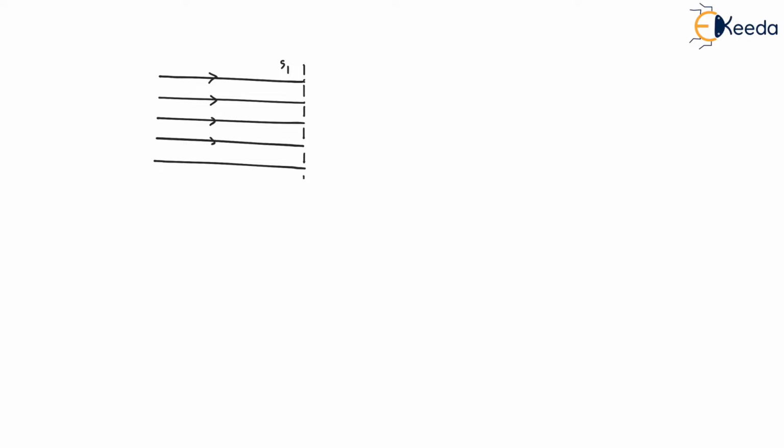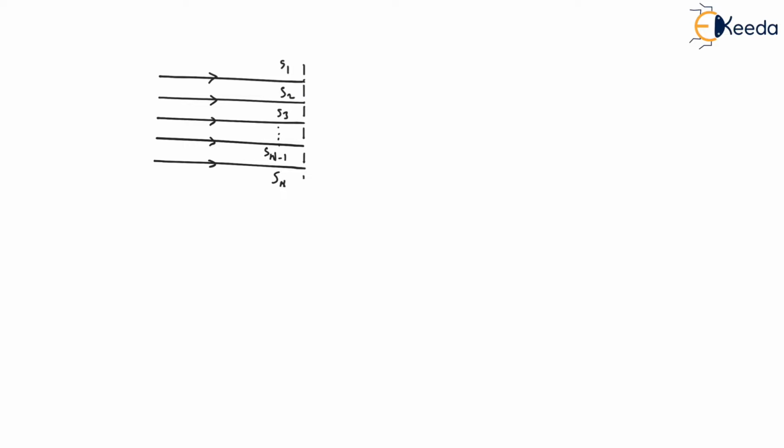This arrow will give you the direction. Again, this first point, let it be S1. Then we have this second as S2, then S3. In the same way, there will be up to Sn. So the last, this is Sn, and before that, let this be Sn minus 1. In between, there will be n number of these midpoints, we can say. So S1 is the midpoint of the first slit. Similarly, S2 is for the second, and so on up to Sn, which is the midpoint of the nth slit.